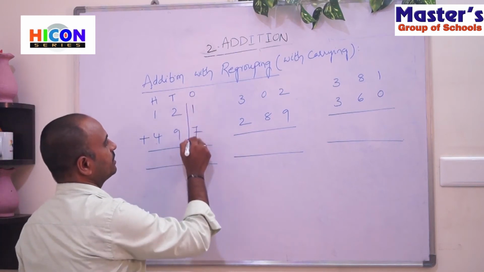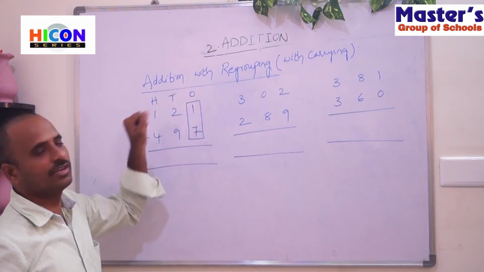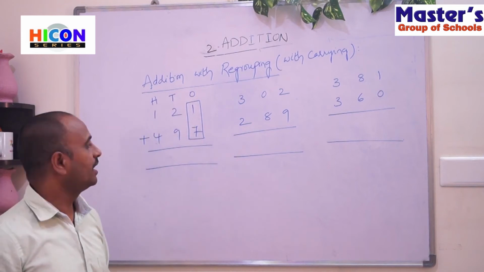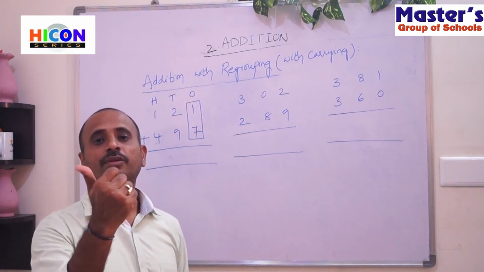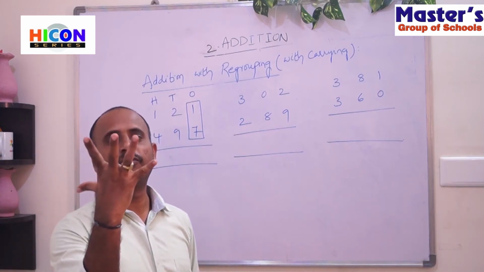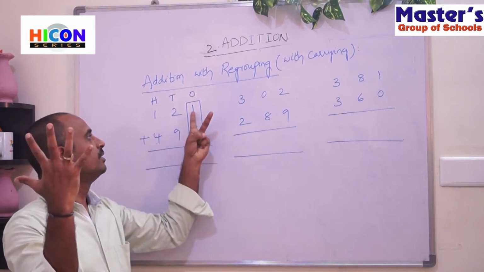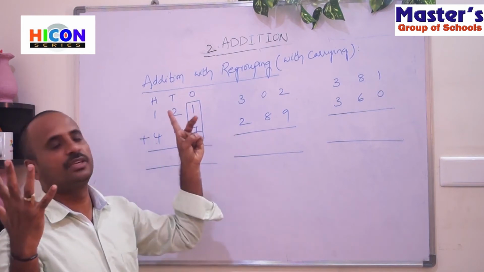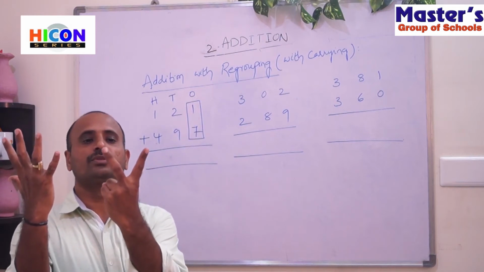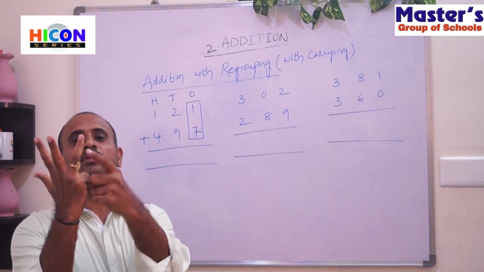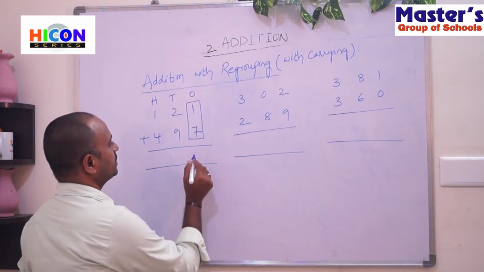So this is the ones place and these are the digits present in the ones place. 1 and 7. Here the first digit is 1 and the second digit is 7. So lift 7 fingers of your hand. 1, 2, 3, 4, 5, 6, 7. These are the 7 fingers of our hand. Start counting after the first digit. Here the first digit is 1. After 1 we will get to 2. So start counting from 2. 2, 3, 4, 5, 6, 7, 8. So the sum is 8.